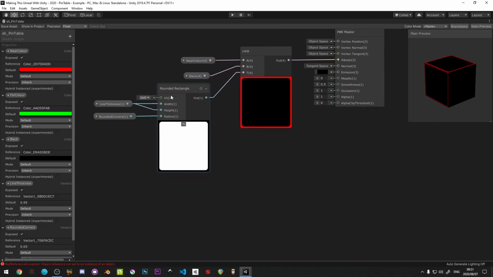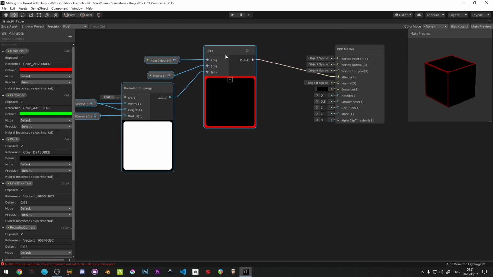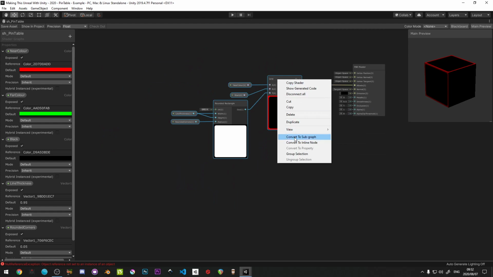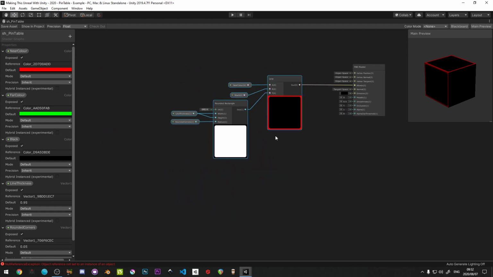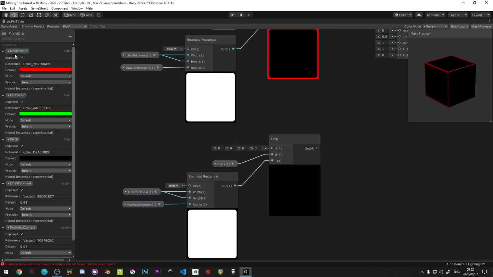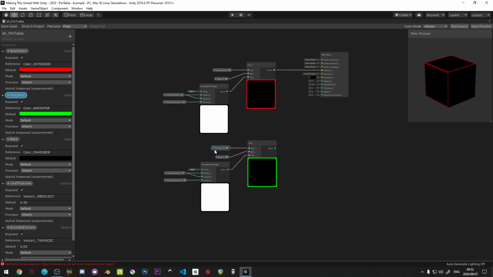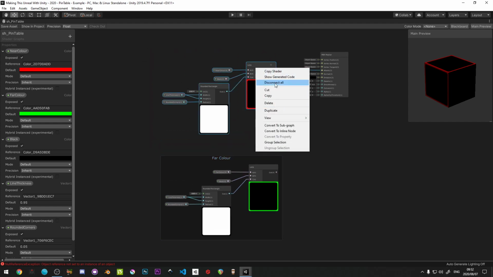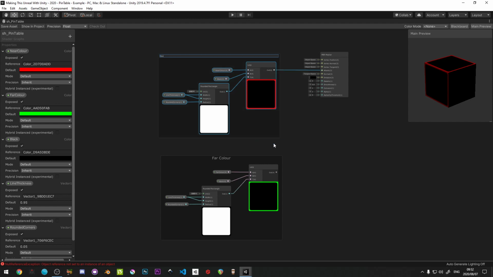We have some color. So just for the time being, we're going to create a group around this. Actually, let's duplicate it first. So Control D to duplicate, move it down here, and let's remove the near color and add the far color. Everything else remains the same, and we're just going to put groups around that. So select all of what you want to group, right click and say group selection. Let's call this far color. Select that one, group that together, call it near color,